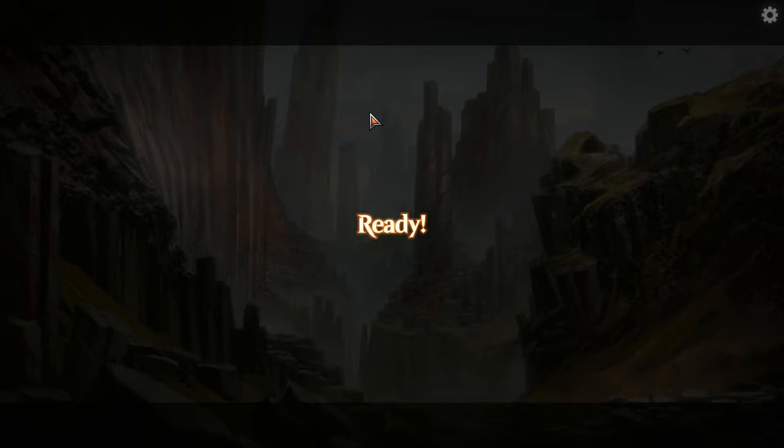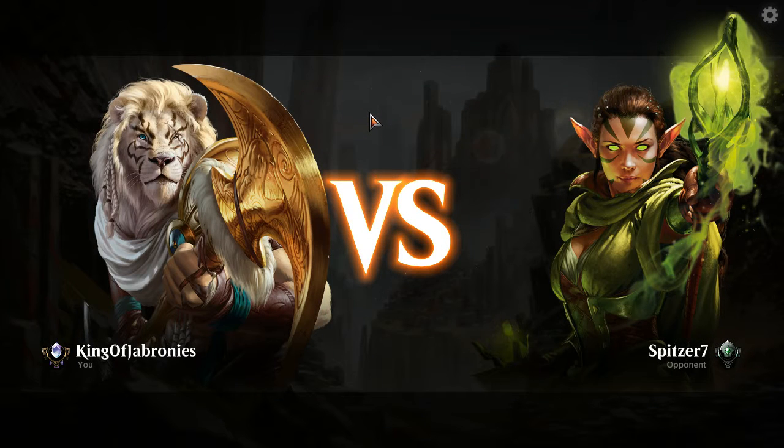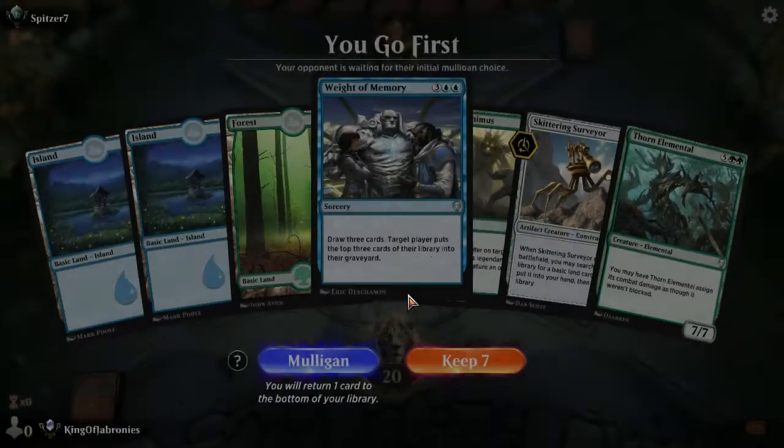I think every set has one of those. Maybe Modern Horizons, other than the Hex Drinker, Modern Horizons doesn't have... I guess Modern Horizons does have, like, Winds of Abandon and maybe Sarah, but...